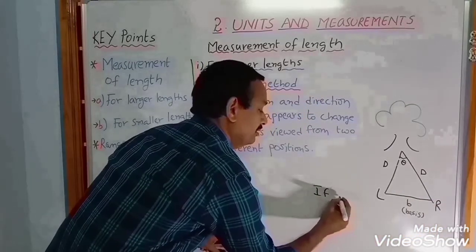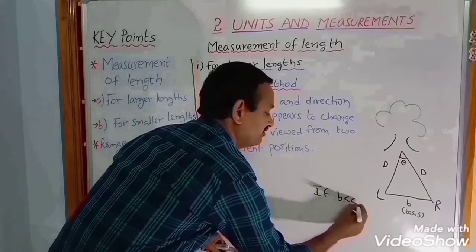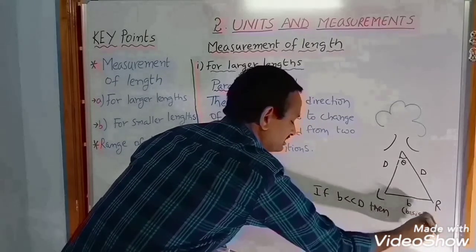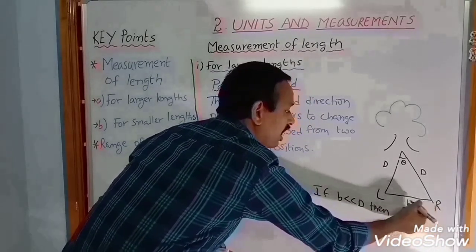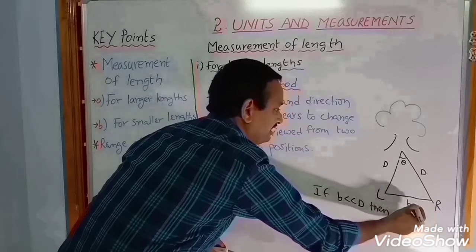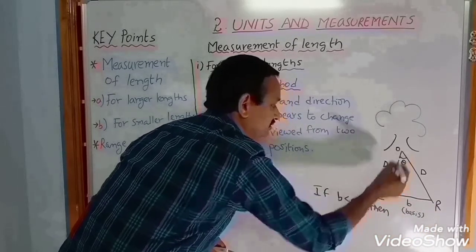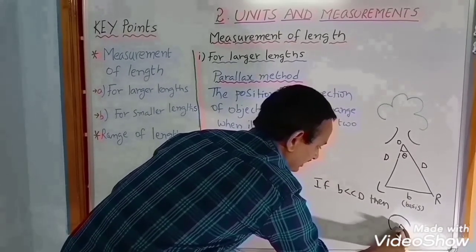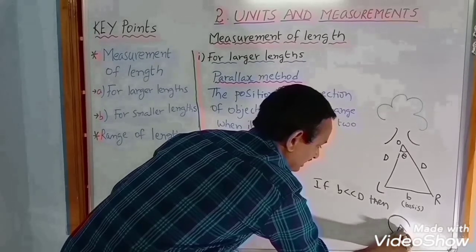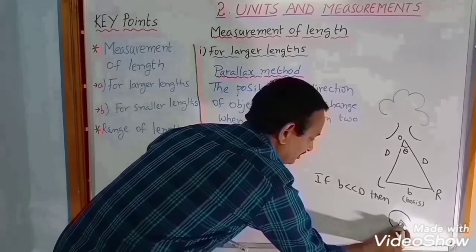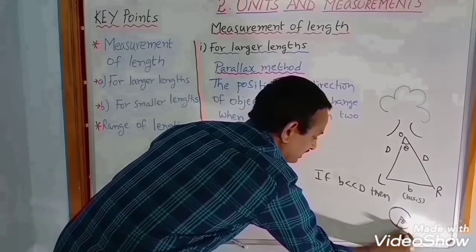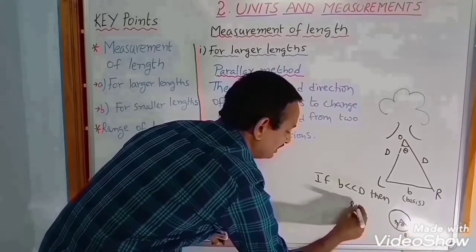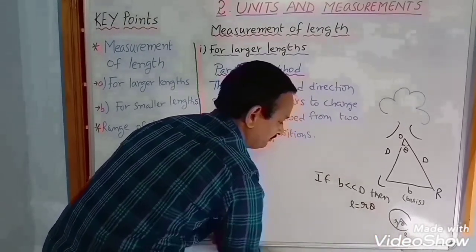If B is much less than D, then the length of the basis will be assumed as the arc of a circle which has its center at O. It is a circle, okay. Here this is a sector which makes theta here. That means the length of the sector makes theta here. So here the length of the arc is L and the radius is R. So what is the formula for the length of the sector? That is L equal to R theta.